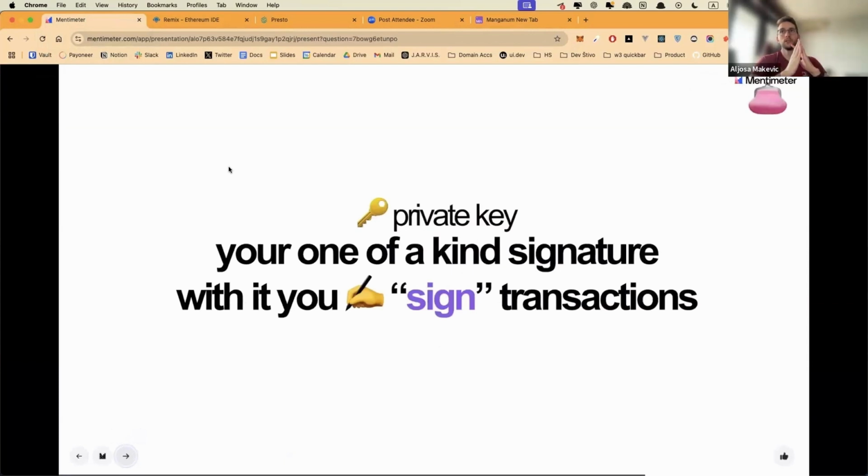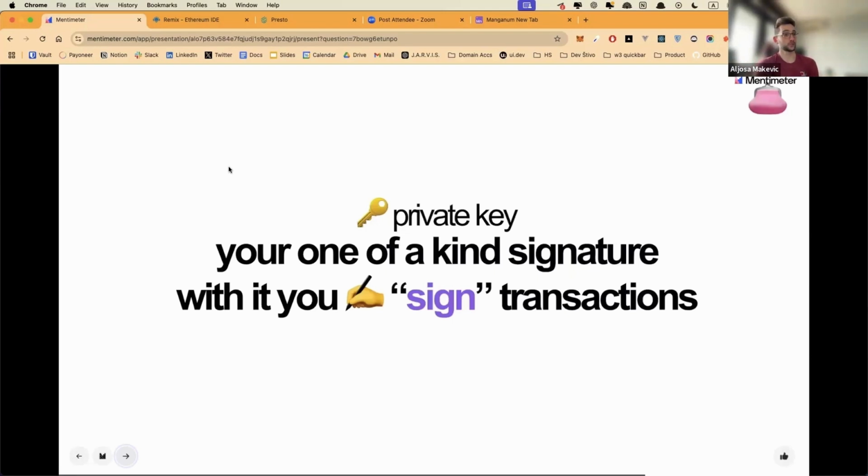So each public address is unique. There are no two of the same kind on one chain. And the same goes for the private key. Each private key is unique and it's linked to a specific address. So it's unchangeable. It's usually a mnemonic, and that's a fancy way to say that it's a combination of 12 words.